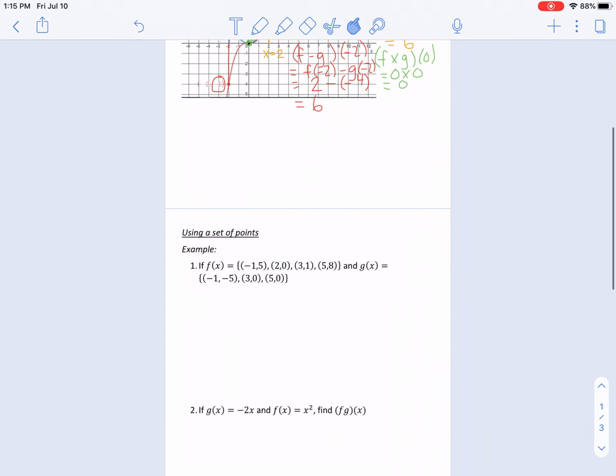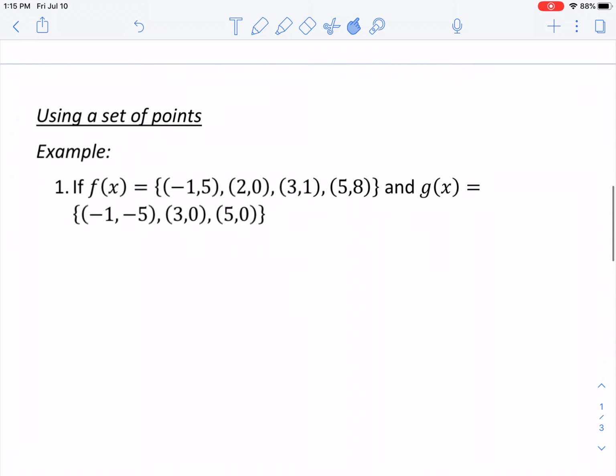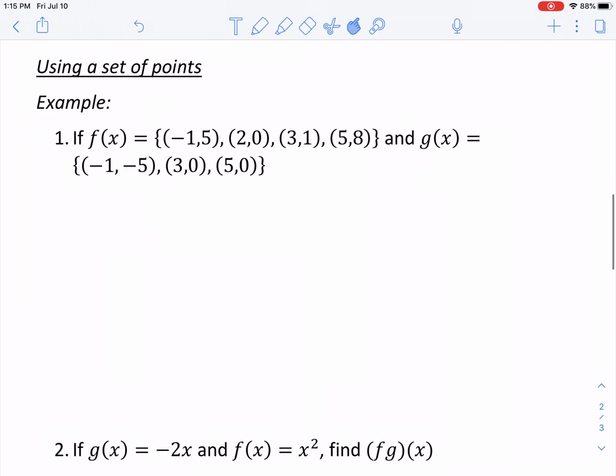Okay, so now we're going to look at a set of points. So I could have this organized in a table or just as a set of points. So f at x is just the 4 points, negative 1, 5, 2, 0, 3, 1, and 5, 8. And g at x is negative 1, negative 5, 3, 0, and 5, 0. So we want to